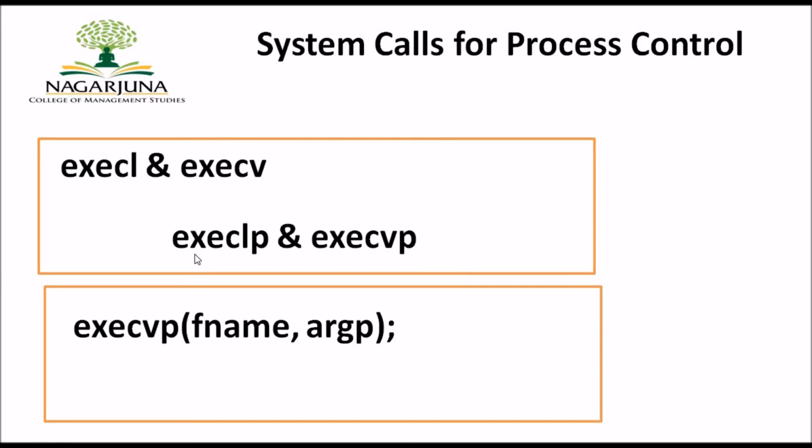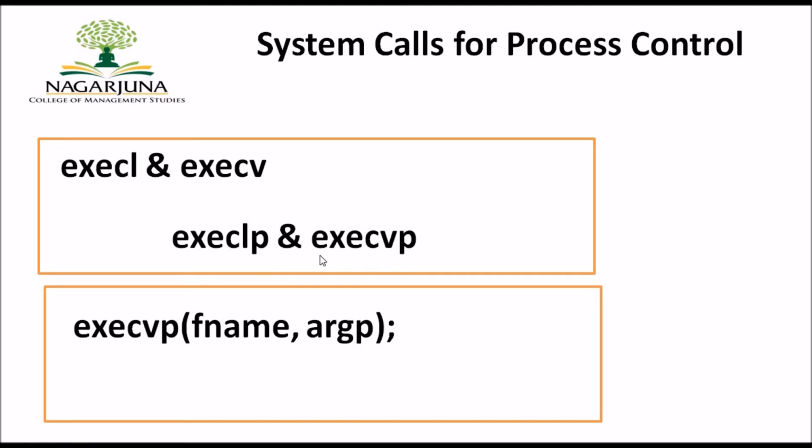EXECLP is used to execute another program without returning back or stopping it. Whenever EXECLP is invoked, it halts the currently running program and executes the new program, and then it exits. So while a program is under execution and EXECLP is invoked, it stops the current program and starts executing the new program. If I would like to do that, I'm going to make use of EXECLP.